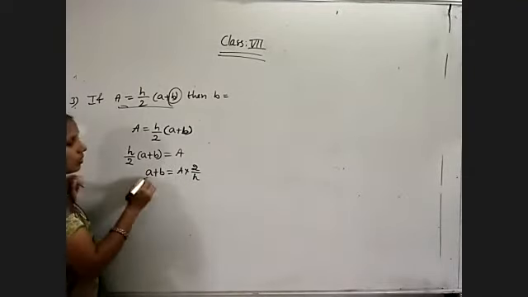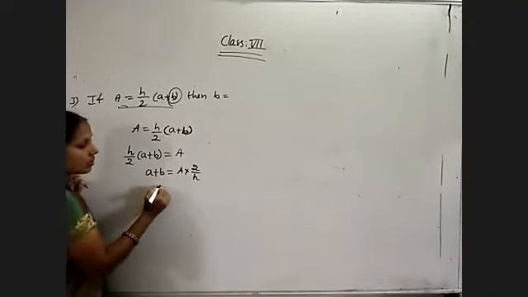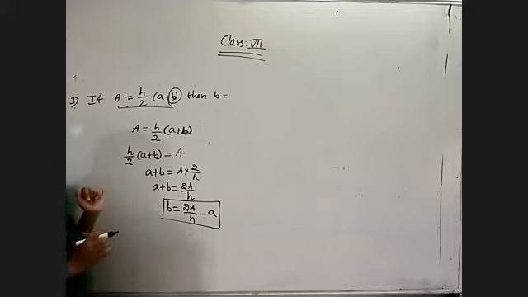Okay. Now we want b only. So first of all, simplify that. A plus b is equal to 2a by h. And b will be equal to, we want only the b value, so this a brought this side, plus a by bringing this side becomes minus a. 2a by h minus a. So this is the value of b in terms of the remaining variables: a, h, a. Okay.